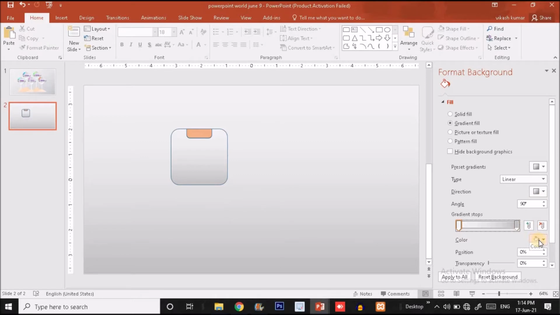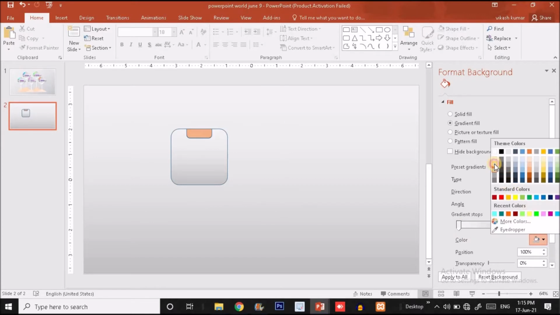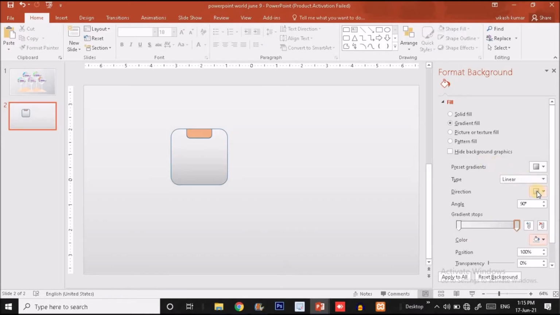And for the right handle, which one am I using? Okay, for the right handle, I should use some lighter gray color like this. And the angle should be something. We want the lighter part over here and the darker part at the right side. So I'm going to decrease it like this. Yes, this much is enough, 60.